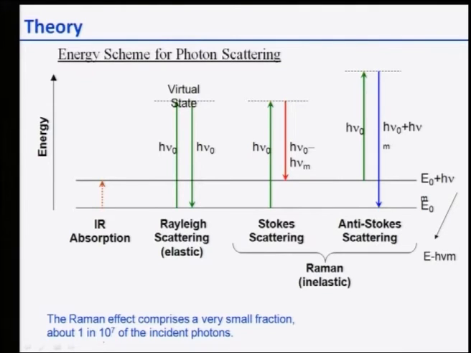Now if I want to put the inelastic scattering into perspective, I can make a schematic diagram and show you that. This is the ground state energy level E0, and if I have some photon in the wavelength of IR radiation, the molecule will be excited to the higher energy level E0 plus h nu, and when it comes